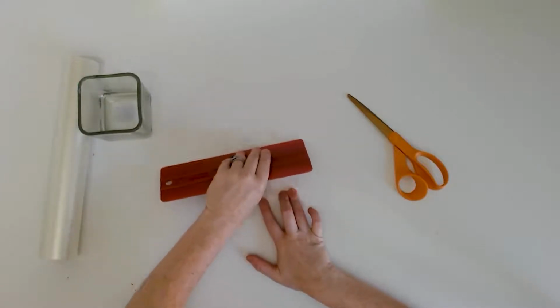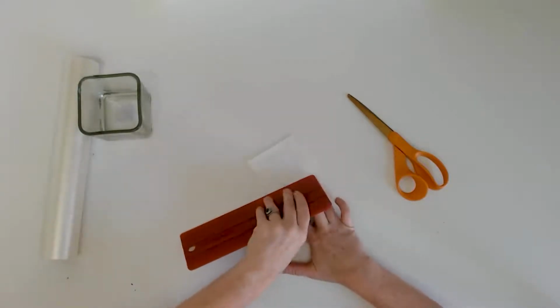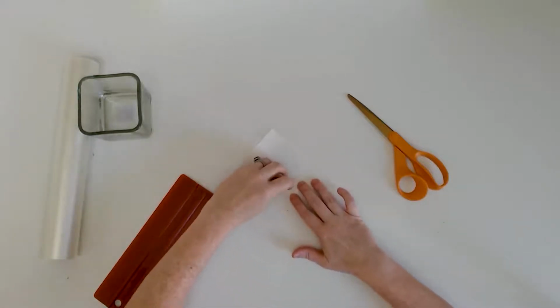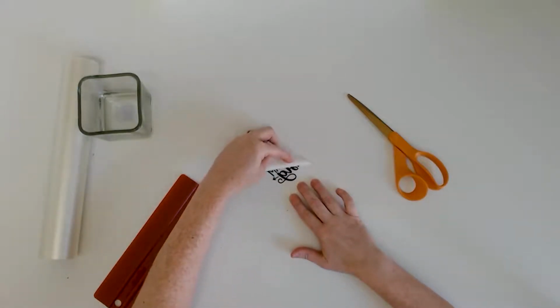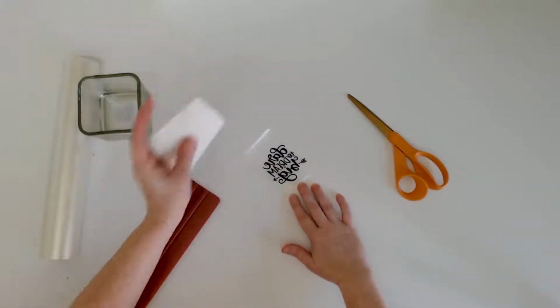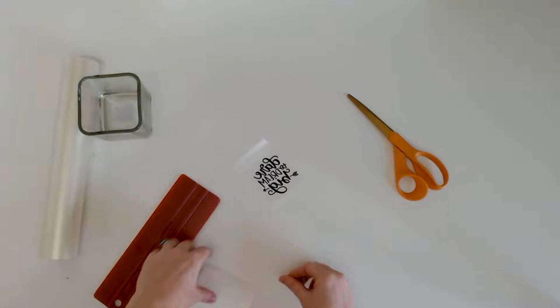Then roll that vinyl backing off of the vinyl. The transfer tape is going to hold that vinyl as you roll the backing. Again, rolling it yields much better results versus just pulling it up. And next, either put that vinyl backing right back on, or you can do what I did, is stick a